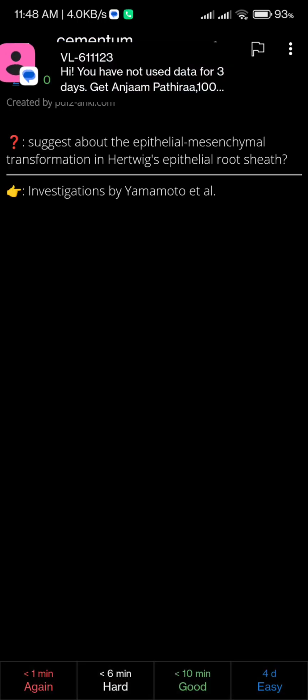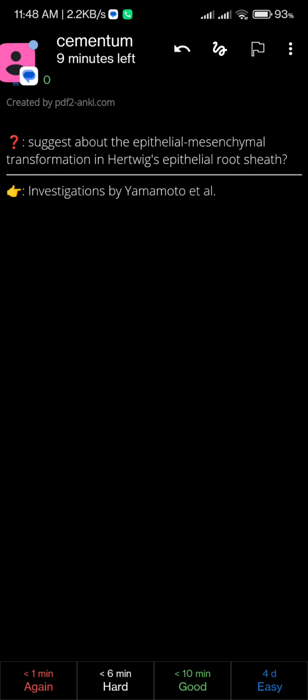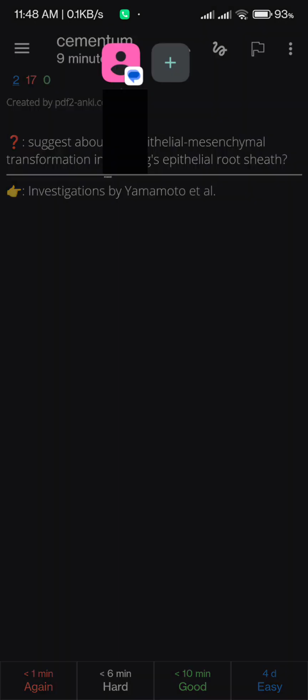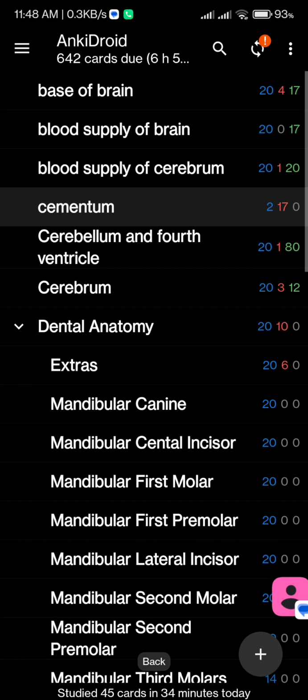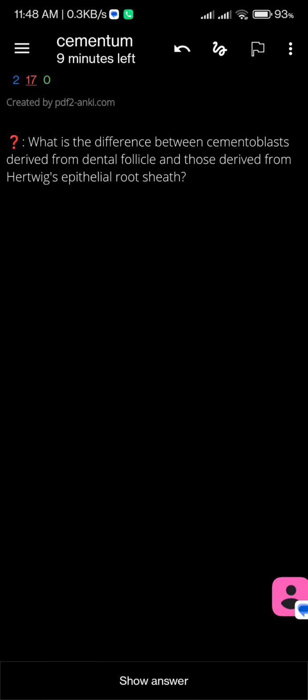Investigation by Yamamoto et al. suggests epithelial mesenchymal transformation in Hertwig's epithelial root sheath. So what is the difference between